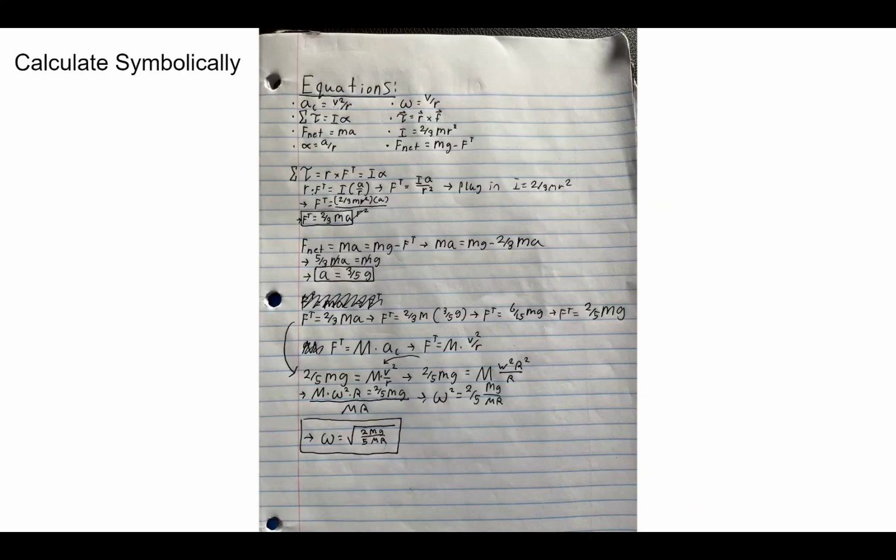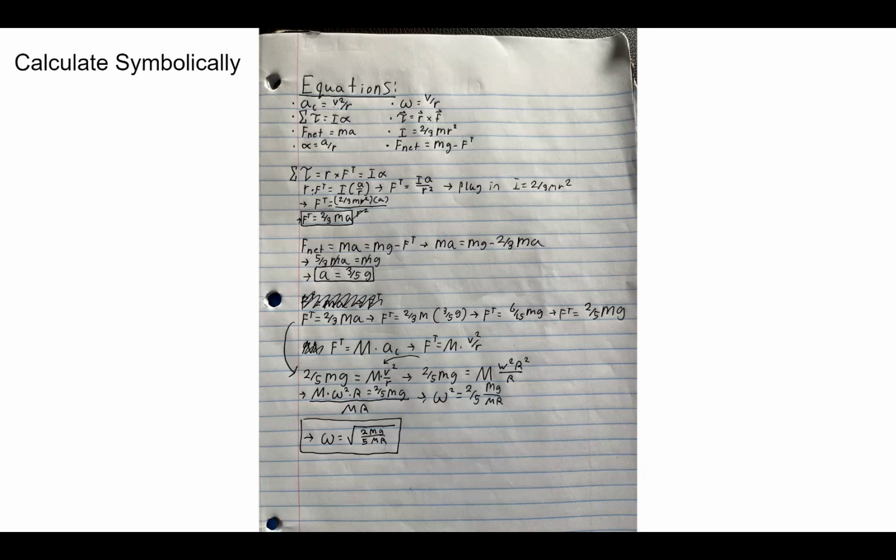All right, so in this problem, we're going to be using Newton's second law equations a lot, like F net equals ma and F net equals mass times gravity minus the force of tension. And we're also going to be using some torque equations, like the net torque is equal to inertia times the angular acceleration, and torque is equal to R times F. And we have 3 moments of inertia for the total system, but the one we're going to be focusing on is the inertia of the ball. And this equation can be shown by 2/3 mr squared. And yeah, so getting into solving it,